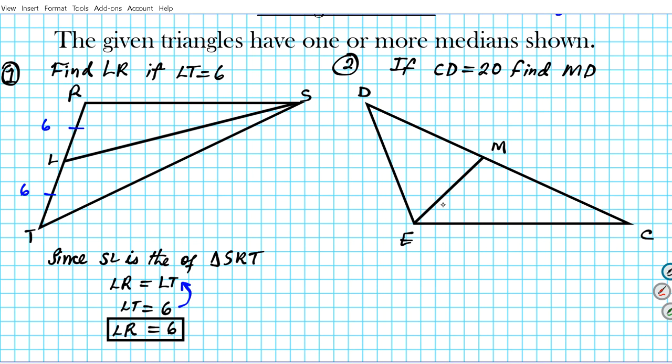How long is MD? Since EM is a median of triangle CDE,